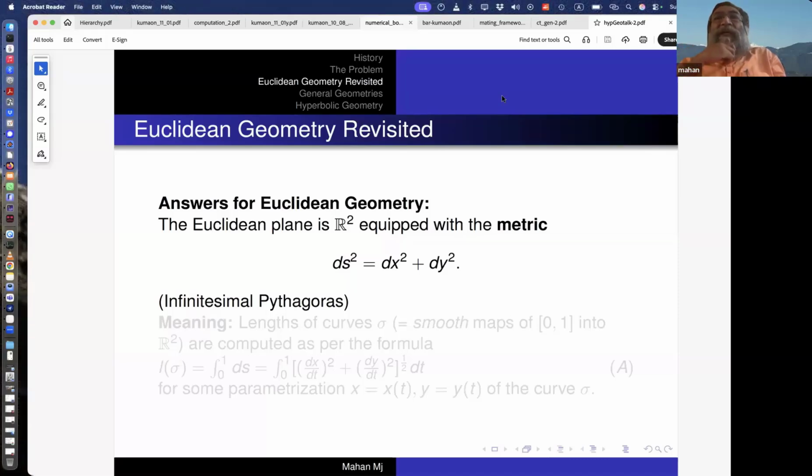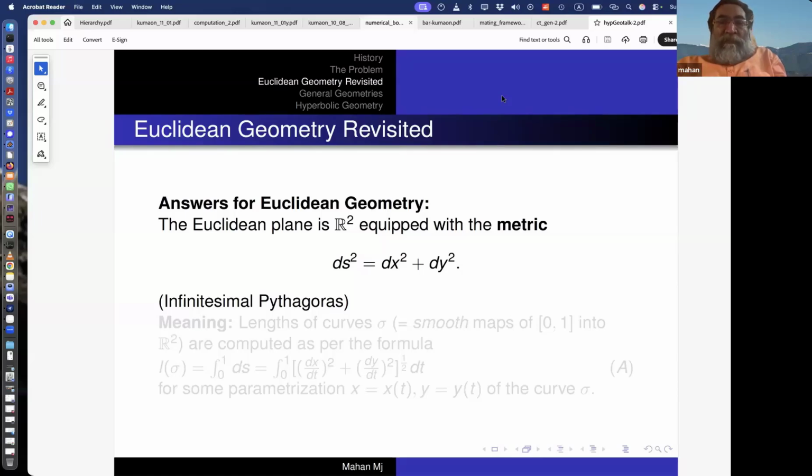Without this context of calculus, one can play around with the initial notion on a flat piece of paper. But unless we have a more fundamental understanding of what a flat piece of paper is, what the plane is, it's very difficult to answer these questions. And so you needed calculus to be introduced in order to have a really more satisfactory context in which the questions can be posed. So what does infinitesimal calculus mean? It really means that this formula in itself is really just a meaningless bunch of symbols.